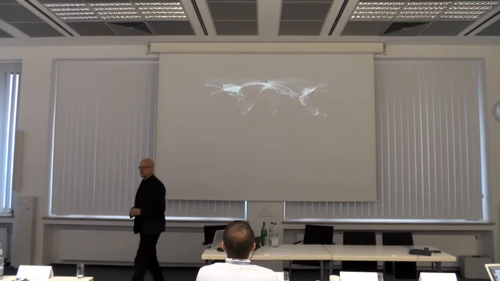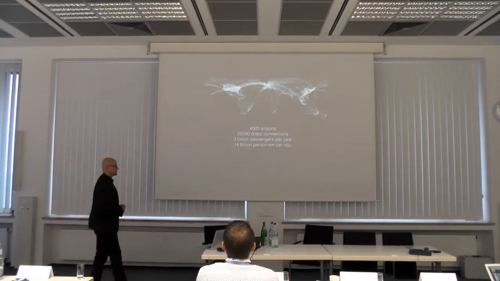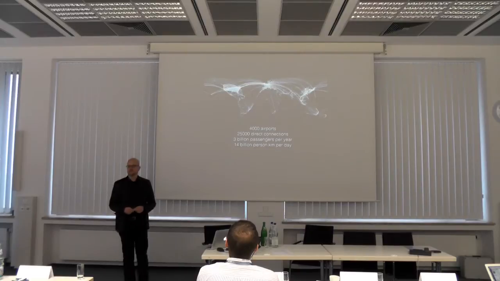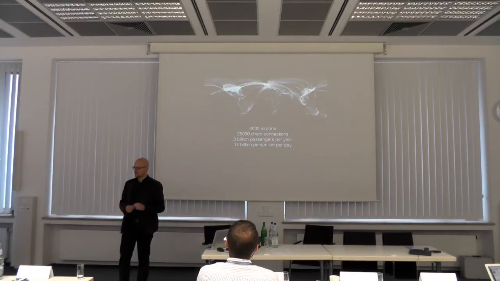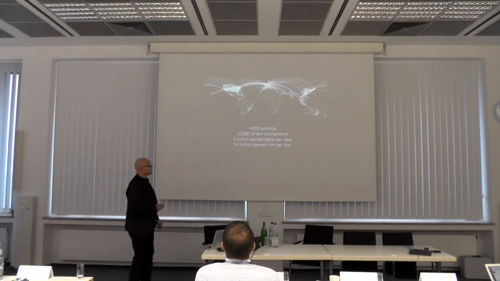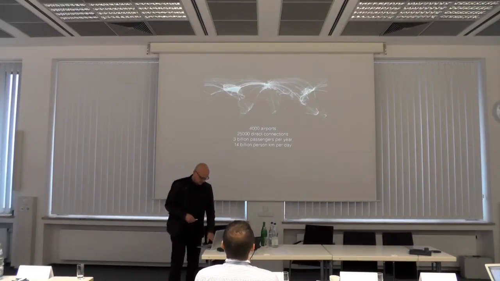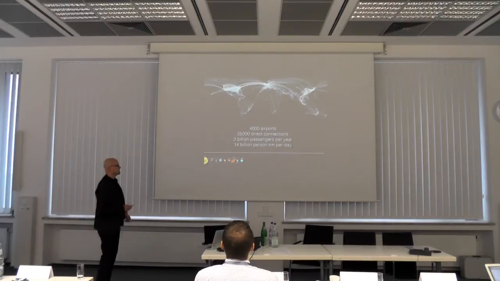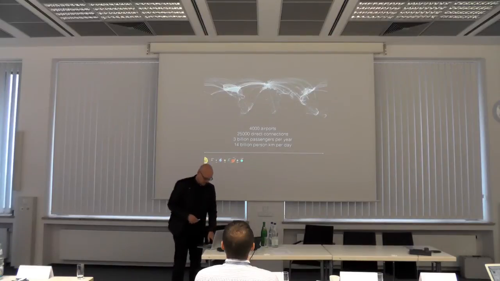Let me just give you another illustration of how mobility works globally nowadays. This global air transportation network is approximately 4,000 airports, approximately 25,000 connections between these airports, and about 3 billion passengers travel on it per year. And if you just look at the numbers, you can also compute how many kilometers all of humanity travels every day, and the result is 14 billion kilometers every day. It's just a number, but for comparison, to get a feeling for this, it is 3 times the radius of our solar system. So that is what humanity travels every day.